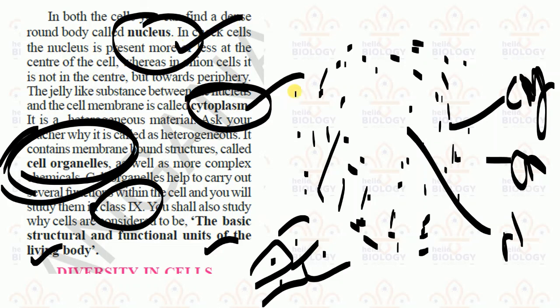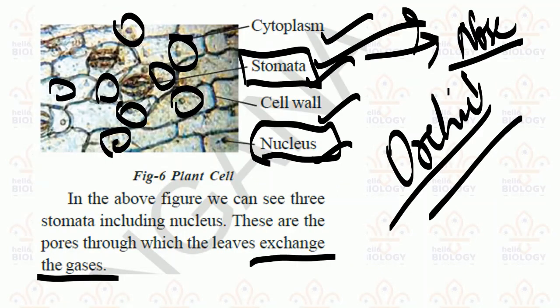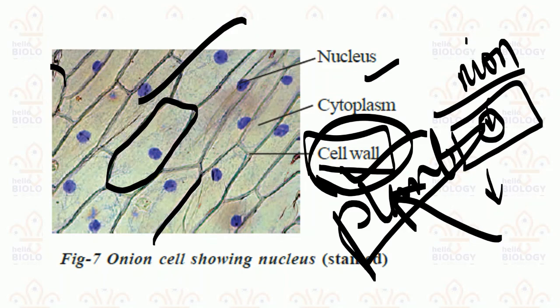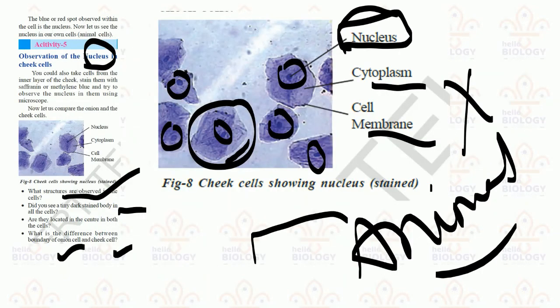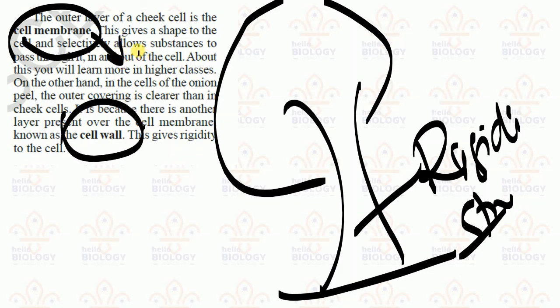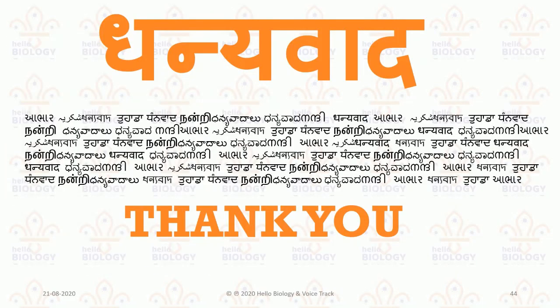About the nucleus we have completed, about cytoplasm we have completed, about organelles we have completed. In all these activities, first the cheek cells we have completed. About Robert Brown, who discovered the nucleus, we have completed. Robert Brown's orchid leaves activity we have completed. And the nucleus in the tip of the onion cells we have completed. Onion cell's cell wall we have discussed, and the nucleus we have seen. After that we discussed the cell membrane and cell wall, and how they are different: the cell membrane is present in plant cells and animal cells, but the cell wall is present only in plant cells. And the remaining we will discuss in your 9th class.